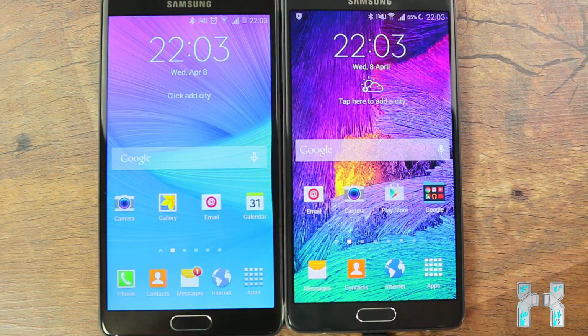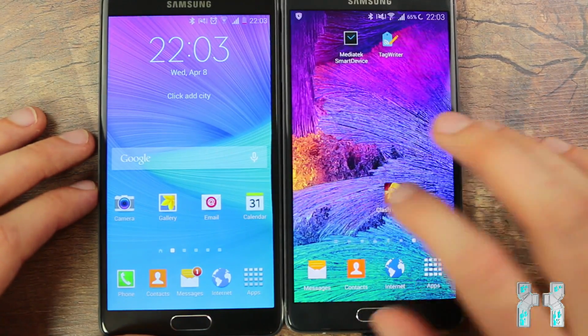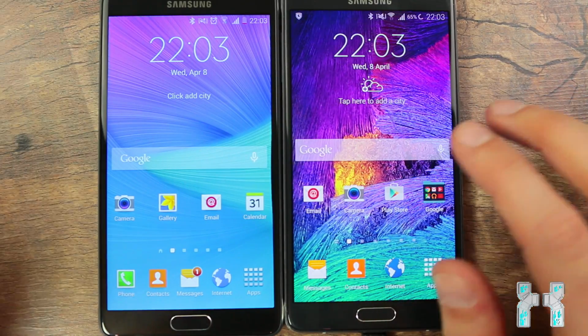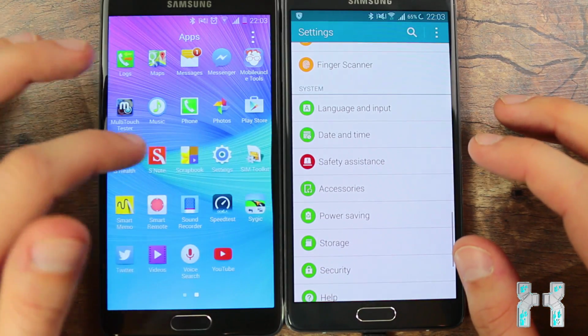So I've now placed both phones side by side. As always, on the left side we have the fake one, and you can see it's quite snappy for a quad-core clone. And also here the real one is very snappy. I have many apps on the real one, not so many on the fake one, so the fake one is still very fast. Okay, then let's go here to the menu and let's go to the settings, which we have